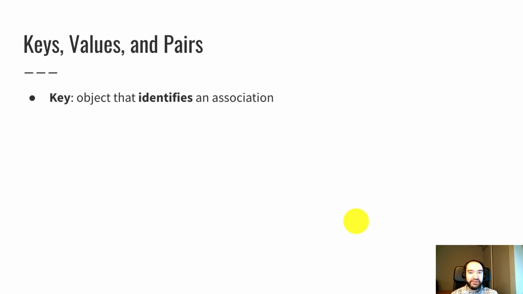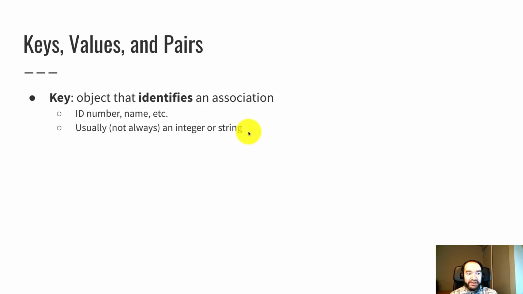Let's say a little bit more about this terminology because we're going to be using it a lot. A key is an object that identifies one of these associations. As I mentioned, it's usually an ID number or a string that's a name of something. It could be a human chosen name, like an actual human's name, or it could be the name of a website or the name of a variable or something like that. So usually these keys are either an integer type, int or unsigned int or something like that, or a string. Not always. Other data types are allowed, but often in practice it's usually an int or a string.